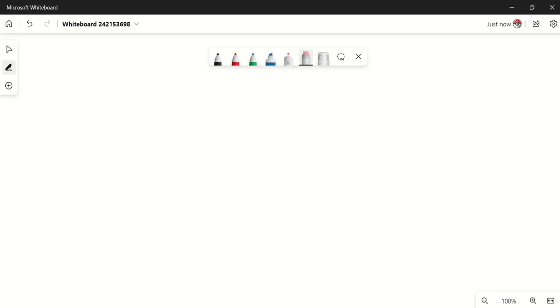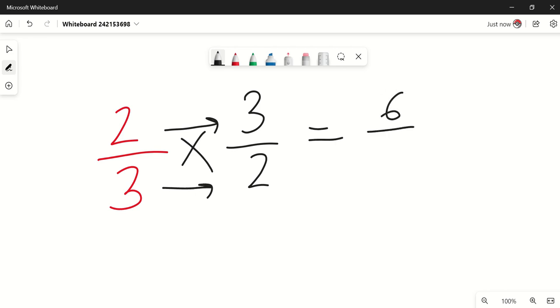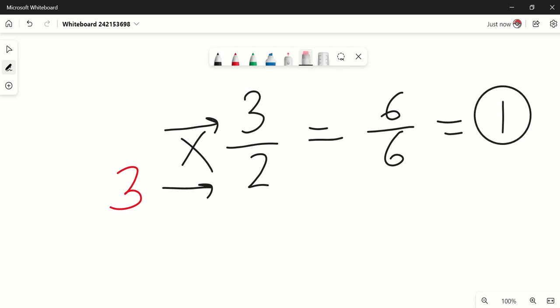For example, let's use 2/3. The reciprocal of 2/3 would be 3 over 2. We flip the fraction. We're going to multiply straight across, which would give me 2 times 3, which is 6, and 3 times 2, which is 6. 6 over 6 is 1. So, in short,